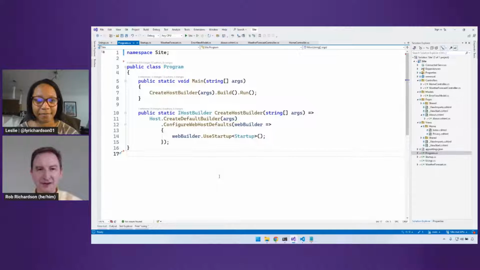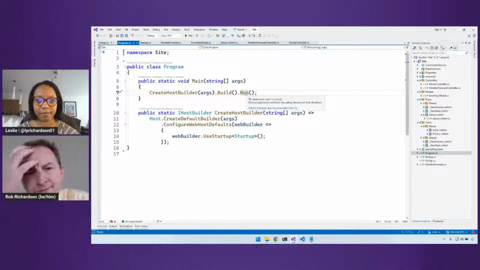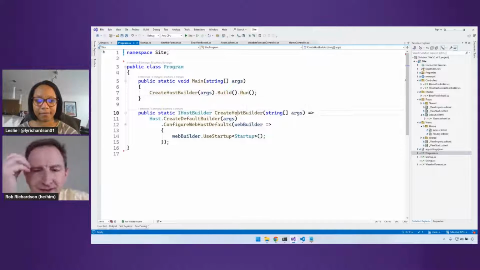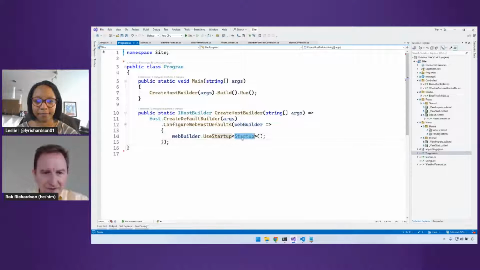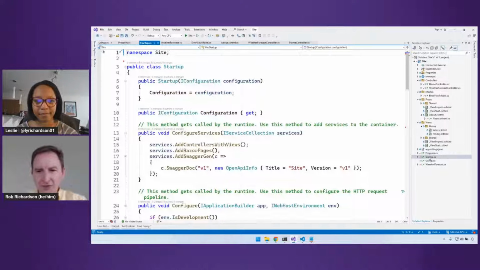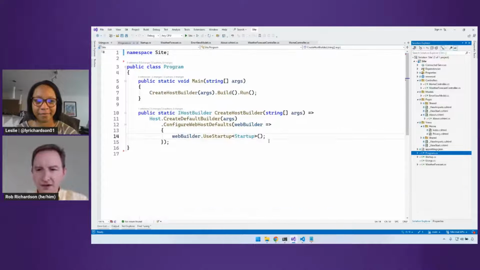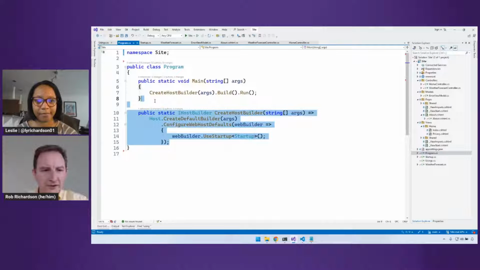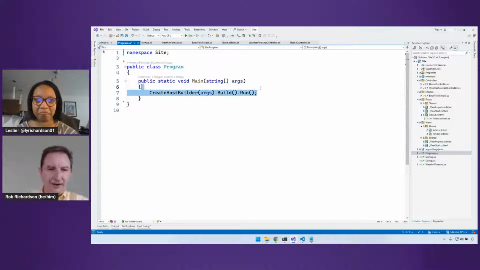And what's happening here? Well, create host builder.build.run. Okay, we have this create host builder and it's doing a whole bunch of, I have no idea. It looks like it's just kind of bootstrapping this startup class. And yeah, startup is where all the magic happens, but it has no static void main. So let's take a look at this and, well, let's delete that and see if we can use the new